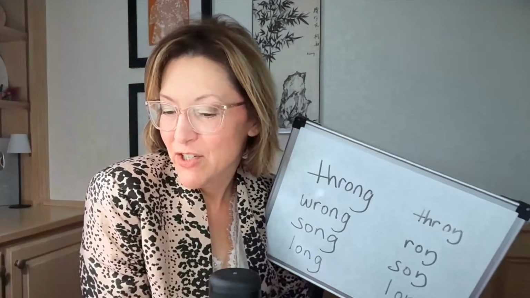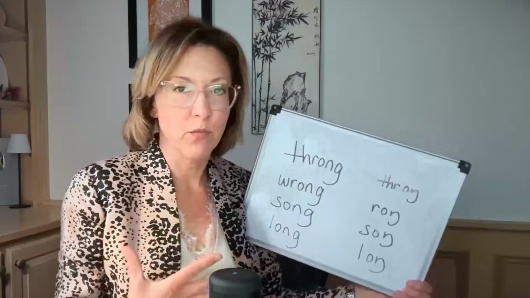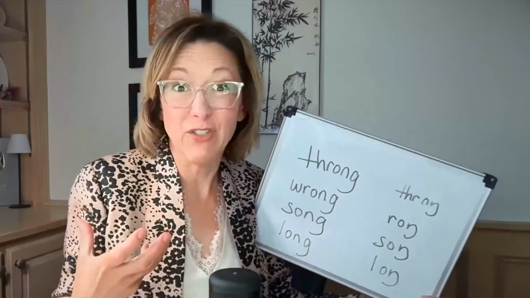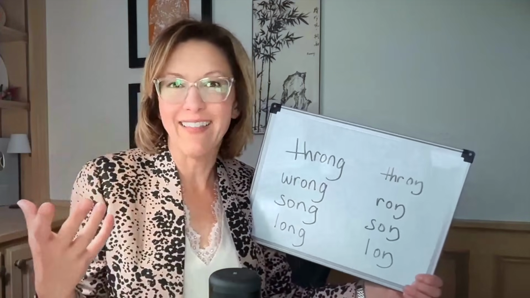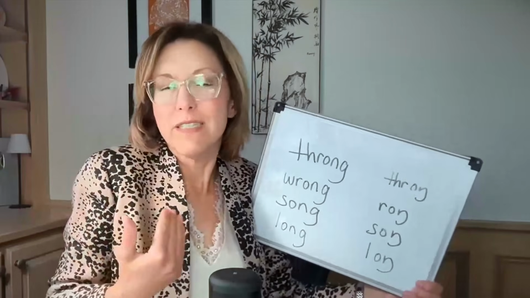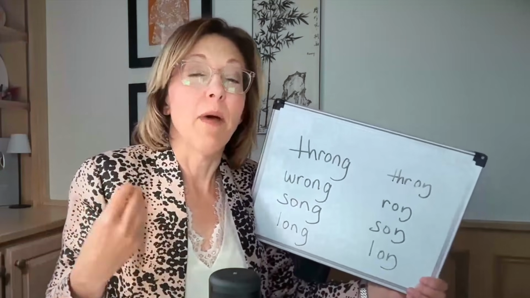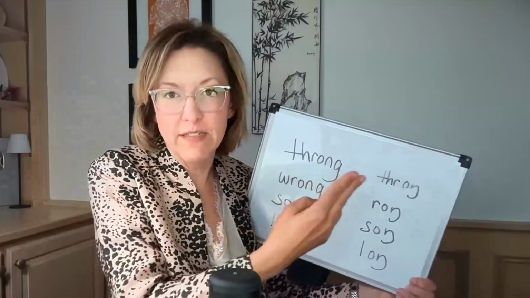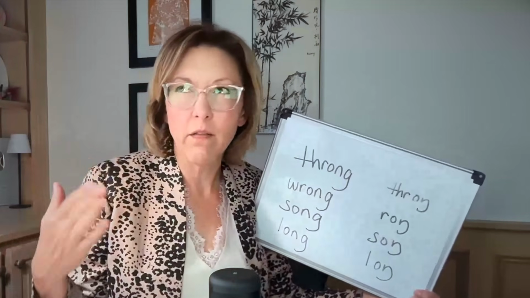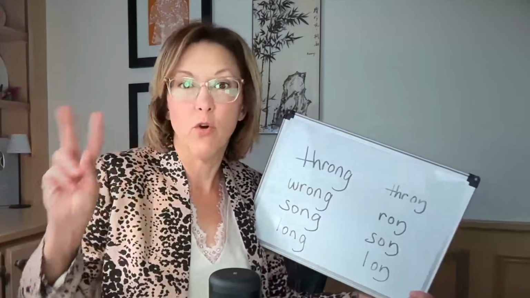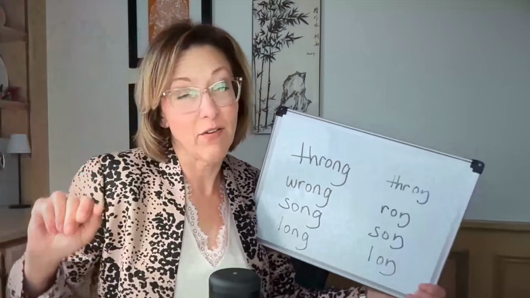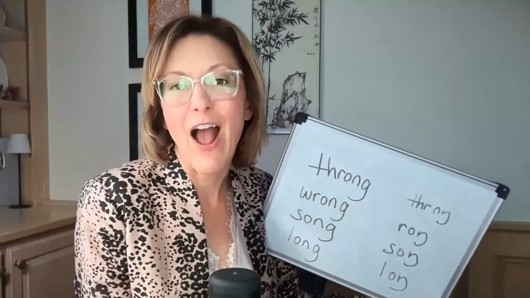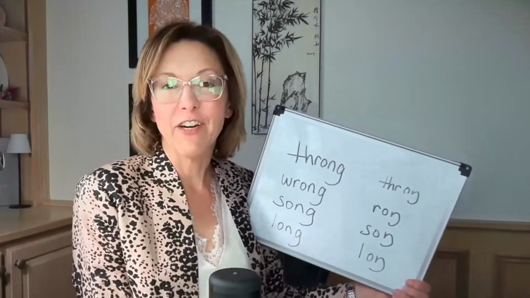Last thing I want to mention is that where I was raised, we say a really strong NG at the end of the word. So sometimes I still do this and I'll say throng and I'll add like an extra G there. Technically, you don't do that. However, you can as long as you are not making two sounds. Don't think of it as an NG. Just think about it as maybe adding a little extra G on there. That's okay, but no two sounds. It is one sound, okay? Last time, let's give these a try. Throng, wrong, song, long.